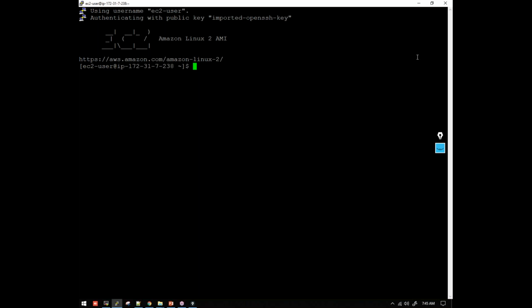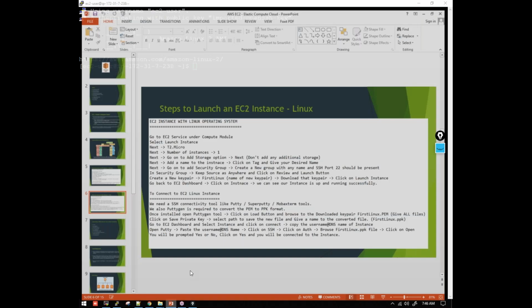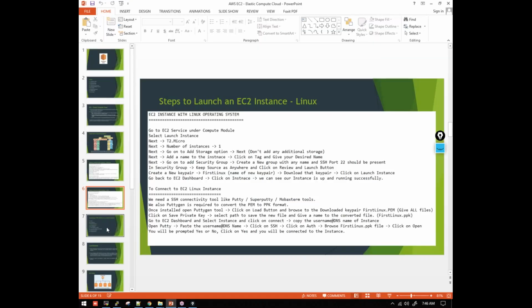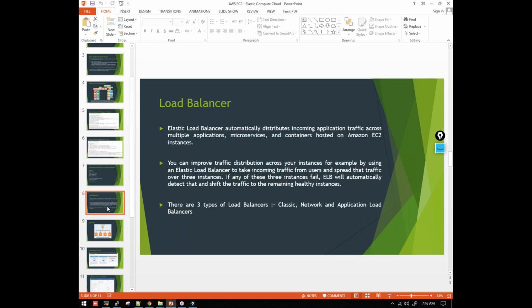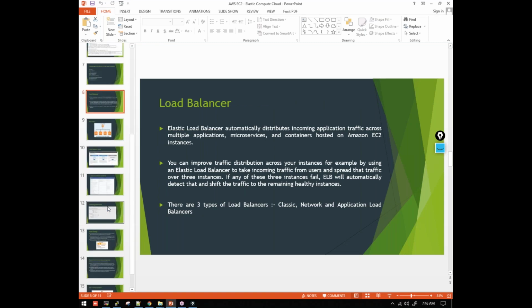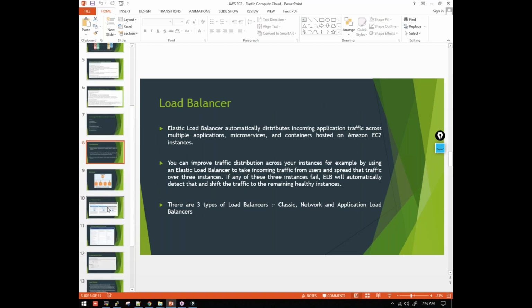Any doubts, guys, until now? Venkat, so tomorrow onwards Linux commands will start, right? Yeah, slowly we'll be starting our Linux commands. Also, we'll be seeing the concepts of AWS as well. Both things will be going on parallelly. Commands as well as setting up our web server, seeing the auto scaling part, load balancer, all these things we'll be discussing.